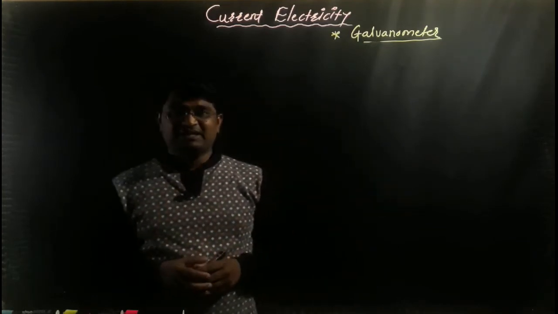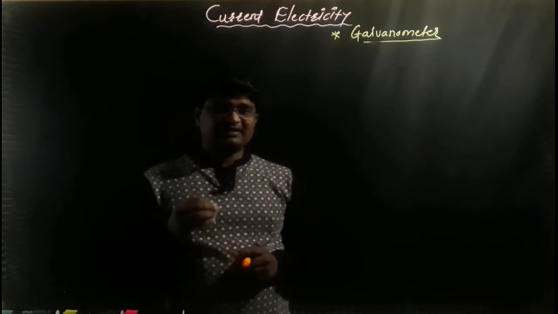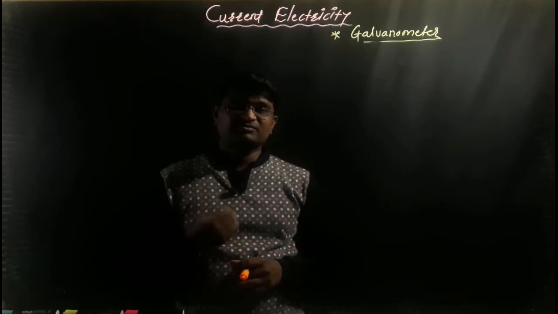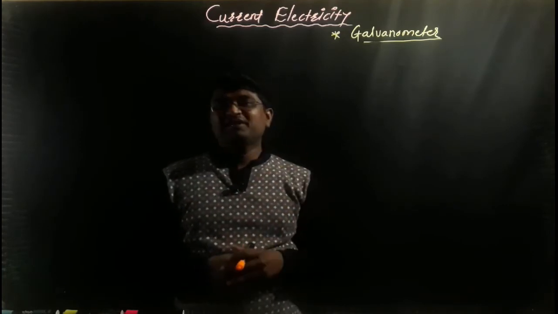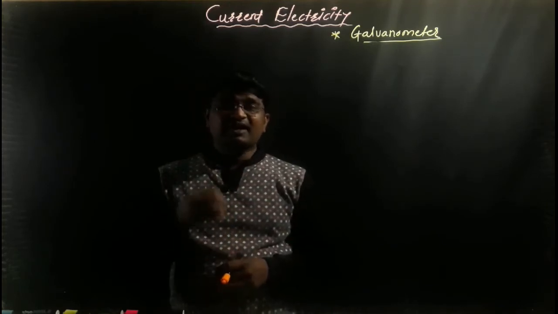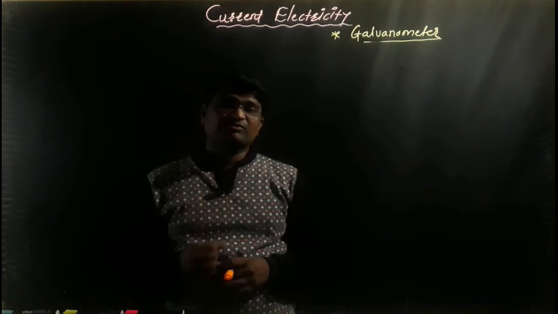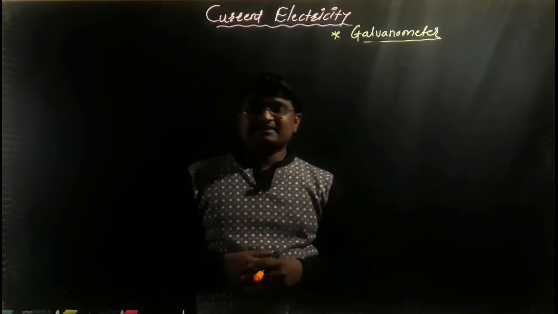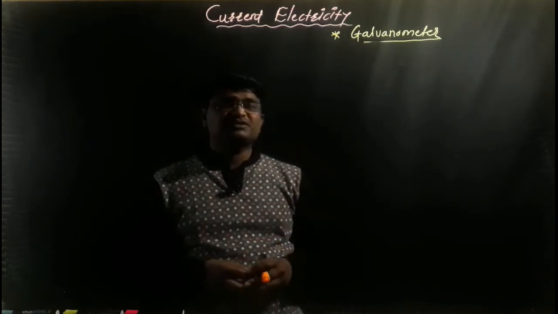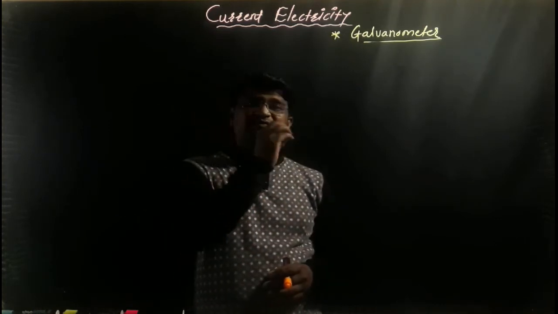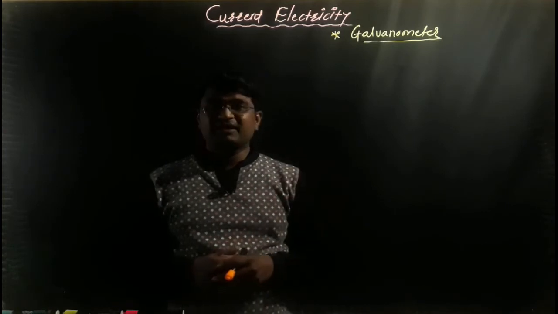So what is an actual galvanometer? We know that in the Wheatstone network and the different applications, that is, uses of the potentiometer, we are familiar with the galvanometer, because we already use the galvanometer in the physics laboratory, and with its help we measure a potential difference or definitely an electric current. So a galvanometer is a device with whose help we measure a very small amount of electric current in a given circuit. It means that very weak electric current is measured with the help of a galvanometer.